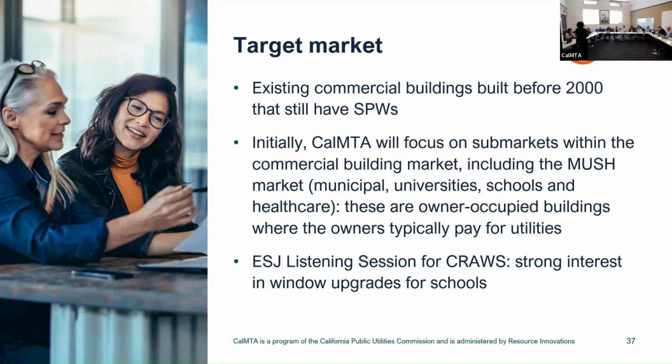Yeah, great question. This is one of the challenges, that there's not a lot of great building stock data in California. So part of our market characterization work is going to be to identify the types of windows in California in the target markets, and what percent are operable and non-operable. We know from other regions, particularly in commercial office space, which probably isn't going to be the primary focus initially because of all the CRE challenges we've got currently, there are a lot of inoperable windows, so it's an easy target market to go after. When you get into schools, which is someplace where we do want to go, now you're dealing with a combination of operable and inoperable. There are solutions for both.